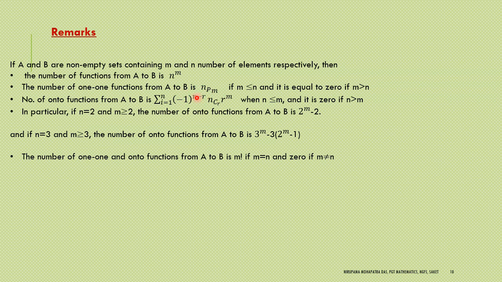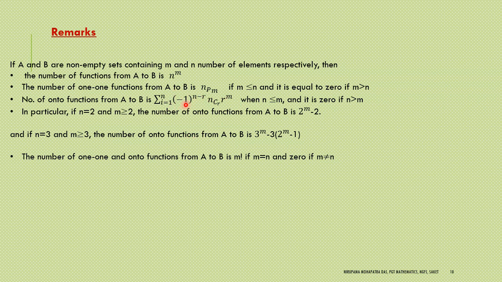So going in the same line, suppose a set has 3 elements, the number of 1, 1 functions from set A having 3 elements to itself will be, instead of nPm, we can write nPn, means factorial n. If the set contains 3 elements, so number of 1, 1 functions within that set will be factorial 3. Okay, so here I have just taken 2, 3 points so that it will help you to answer the questions carrying 1 mark specifically.